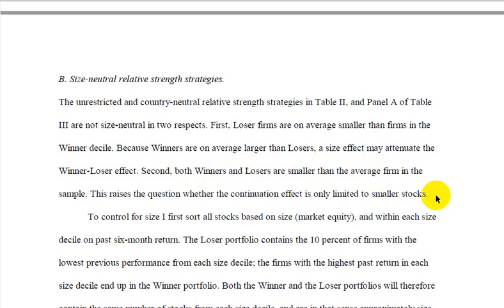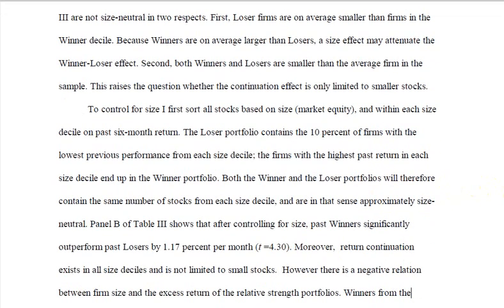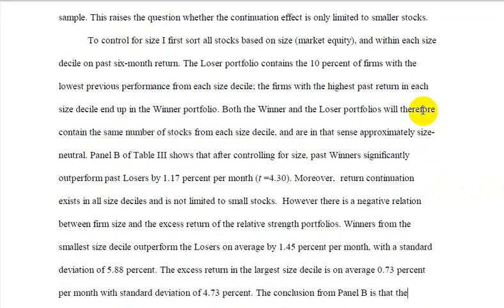Does that mean that momentum strategies are only profitable on smaller stocks, or that the effect is only attributable to smaller stocks? So to test that, we're going to control for the size of the stocks and try to put together a